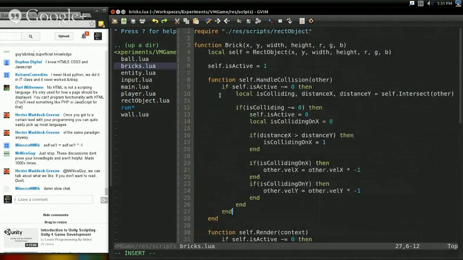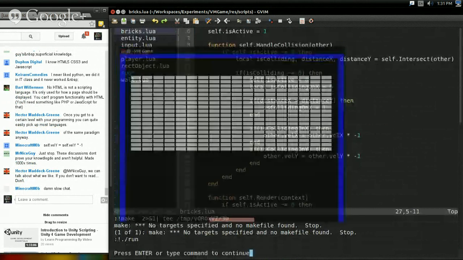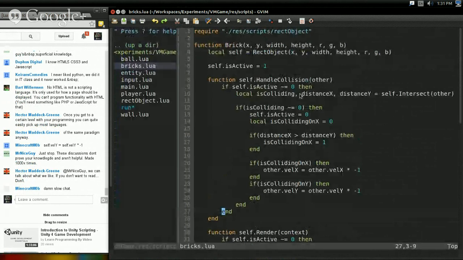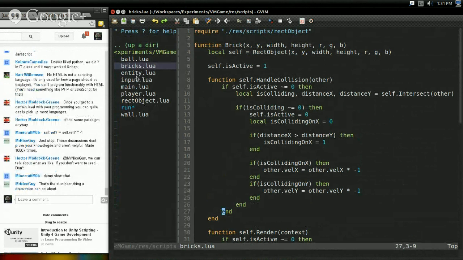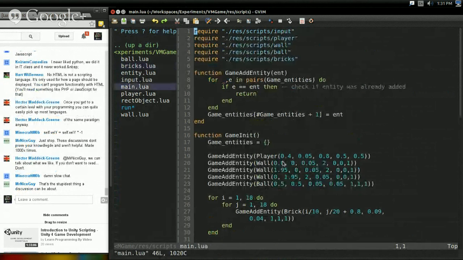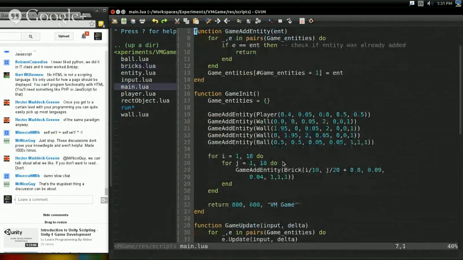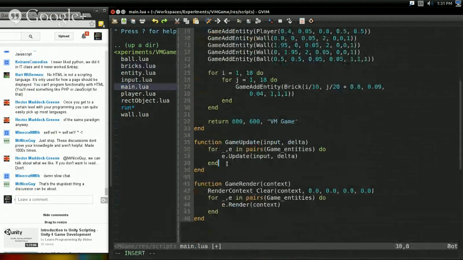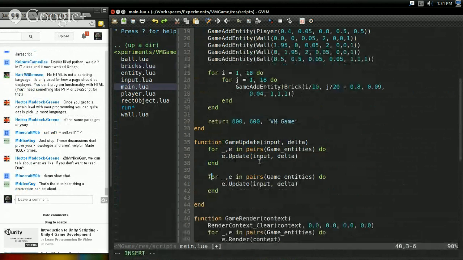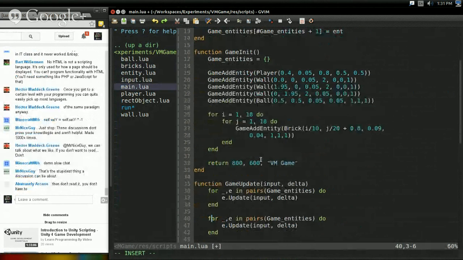Okay, so now all I should have to do, first off, should be able to build and run without crashing, which is good. But now all I have to do is go through every entity in the update function and handle collisions. So where is it? It's under me. There we go. So yeah, I'm going to do the exact same sort of thing here. And yeah, for ball, it should. All right, I think this will be okay, even though ball was technically checked for collisions against itself at one point. So yeah, for everything in game entities, going to